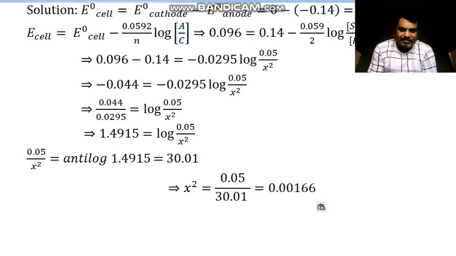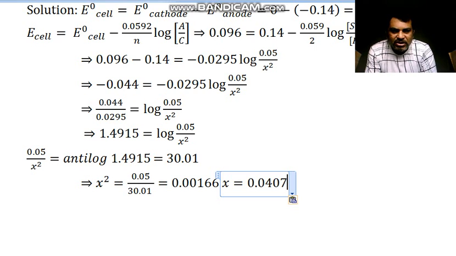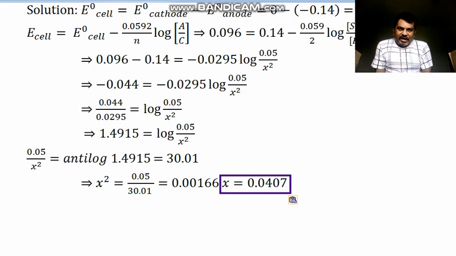Now after that we have to use a simple calculation, and I hope you can understand this simple calculation. x square becomes the subject, 0.05 remains as it is, and 30.01 comes to the bottom, and the answer is this. Now what do we have to find from this? Dear students, what do we have to do? The square root of this. So anybody knows the square root of 0.0016 is nothing but 0.0407, and that's why the value of x will be, here we got the value of x. See, the value of x we got here: x is equal to 0.0407, and now we are entering at the